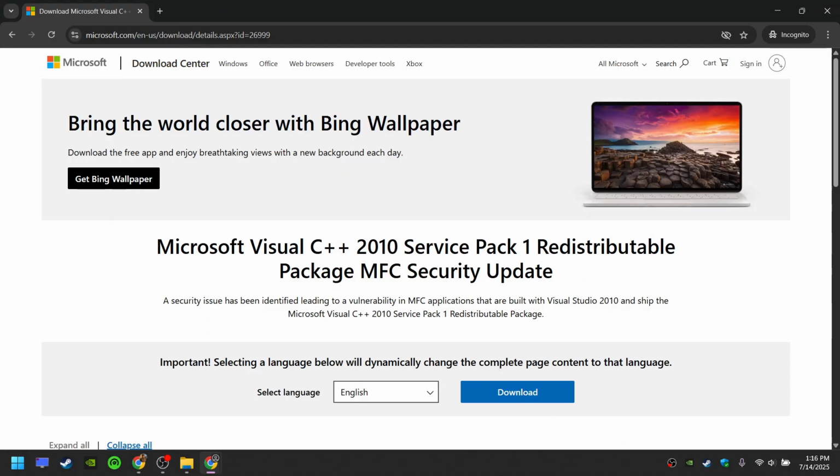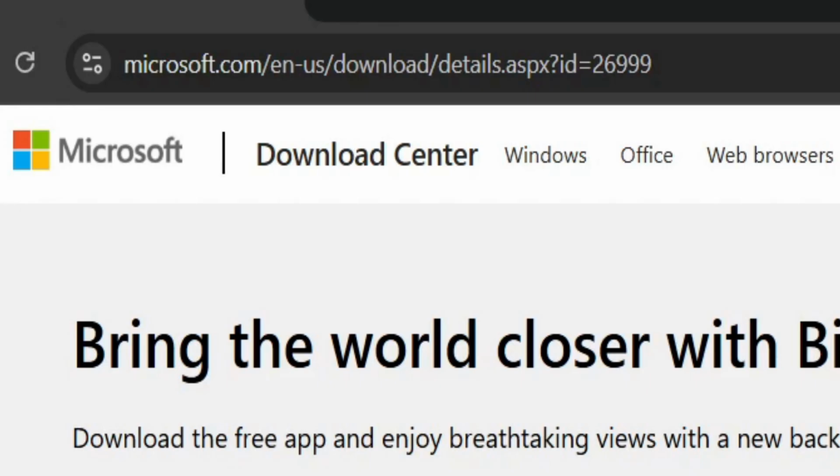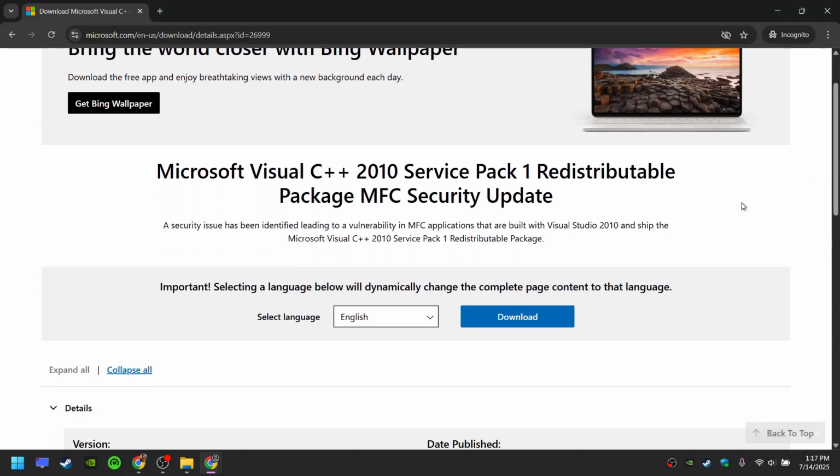Some people may also need the Microsoft Visual C++ 2010 Service Pack distributable package to run the game. You can find this on the internet and just download it